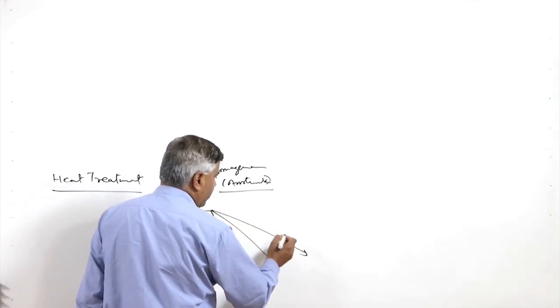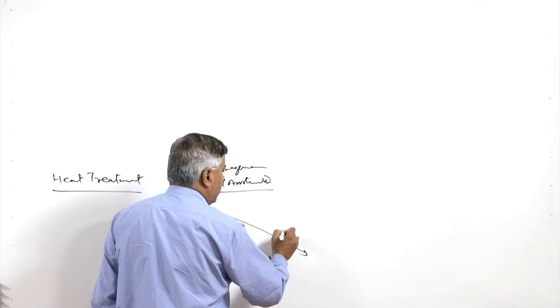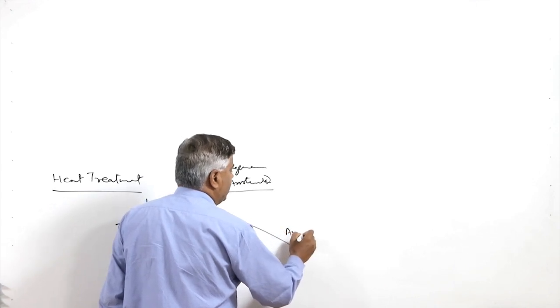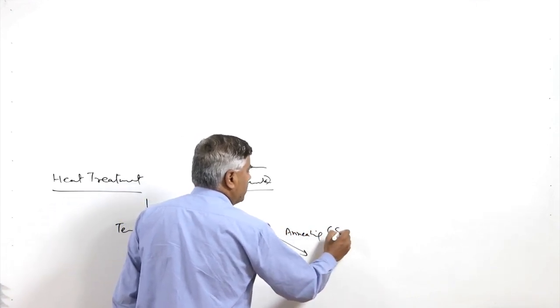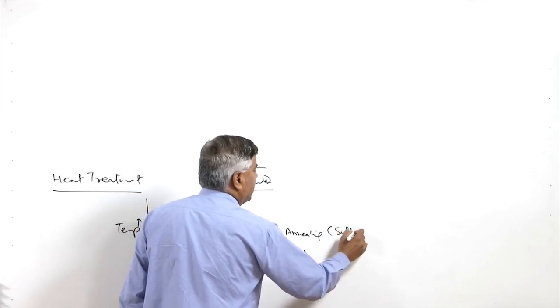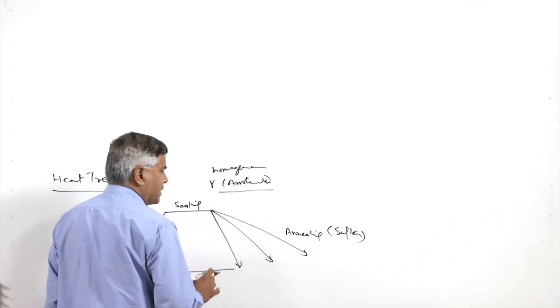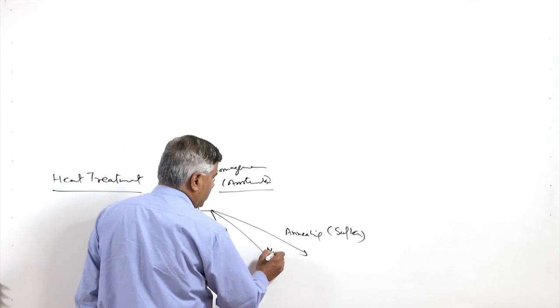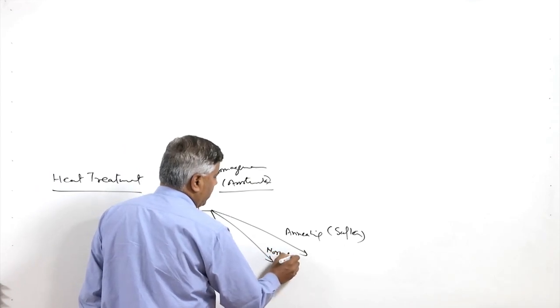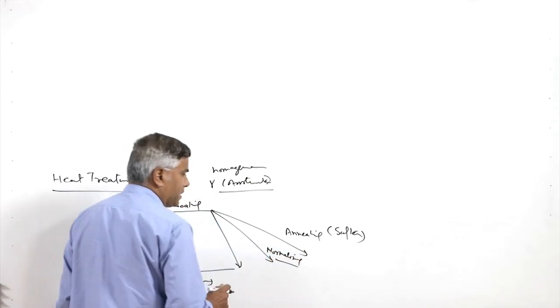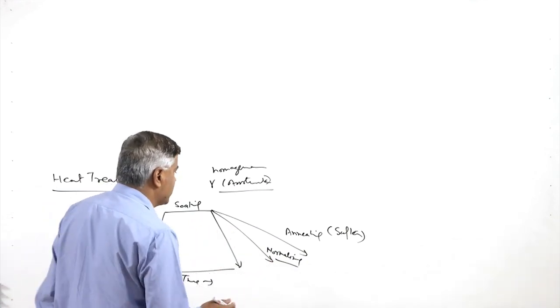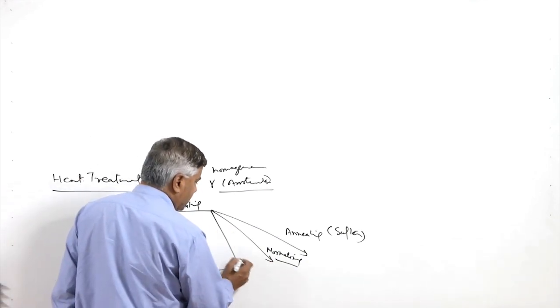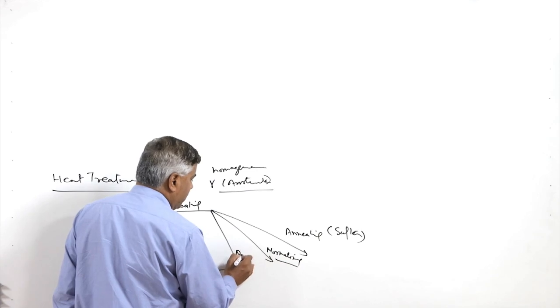For example, very slow cooling rates are used for annealing, which basically softens the metal and reduces the hardness, and then normalizing, which refines the grain structure, reduces the residual stresses, increases the strength and hardness, and this is called quenching,